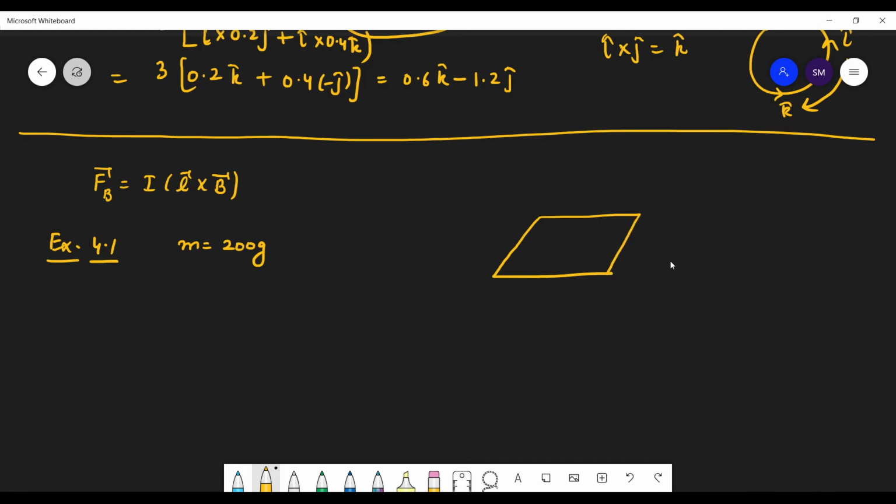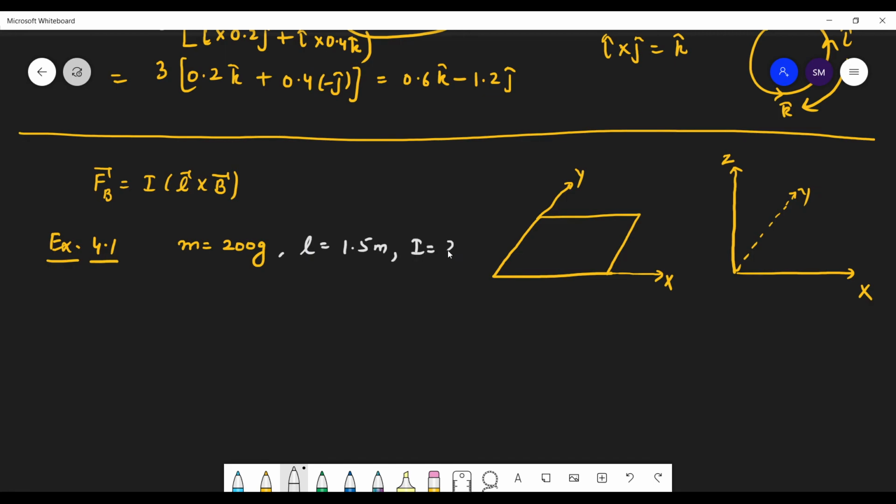So that's the figure. So you can see, students, what's the plane that we are drawing here? Again, that x, and this is y-axis, and it's your z-axis, right? So this is your x, that's your y. Can we take it like this? Yes. So a straight wire of mass 200 grams and length 1.5 meters. It carries a current of 2 ampere.